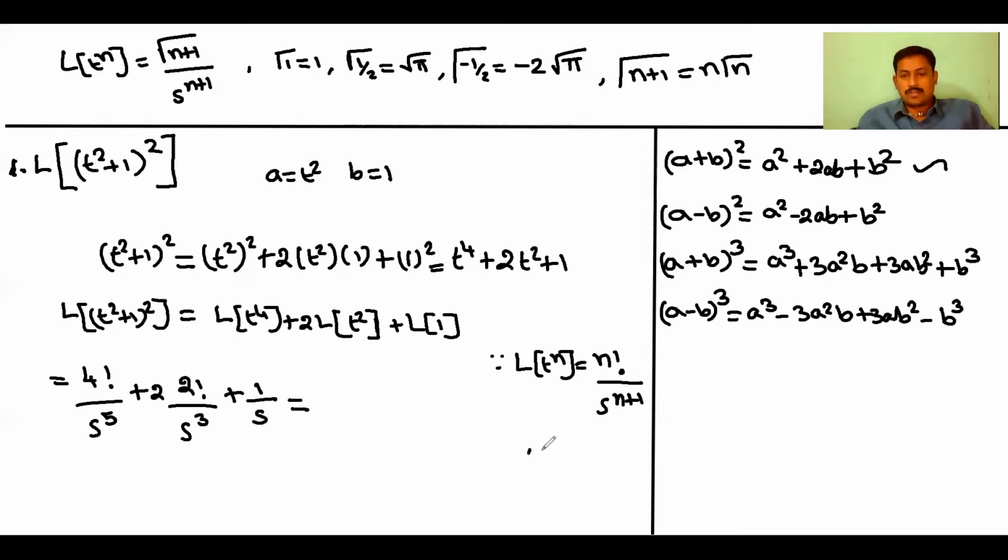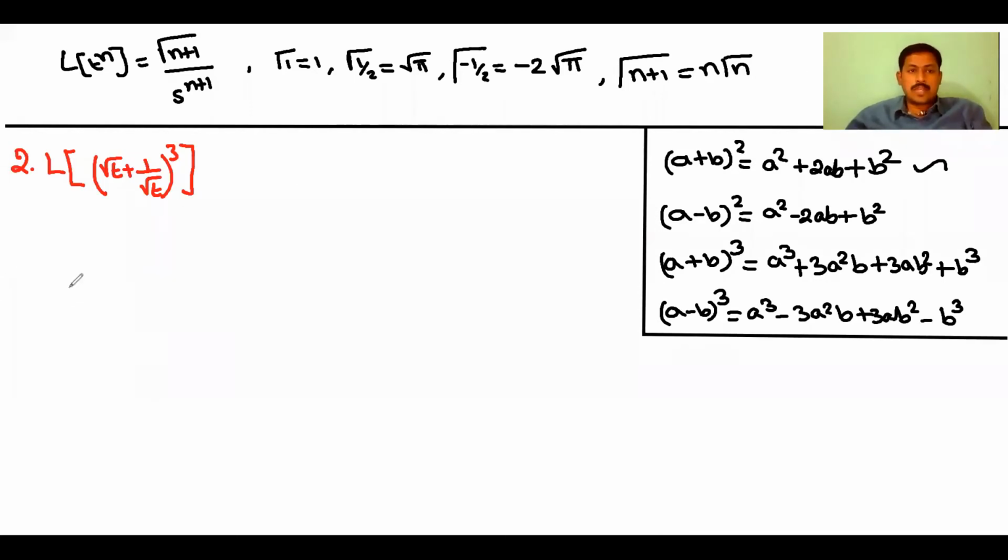4 factorial is 1 into 2 into 3 into 4. The value is 6 into 4, 24. So 24 divided by s power 5 plus 2 into 2, 4 divided by s cube plus 1 by s is the required answer. The next problem is Laplace transform of (root t plus 1 by root t) the whole